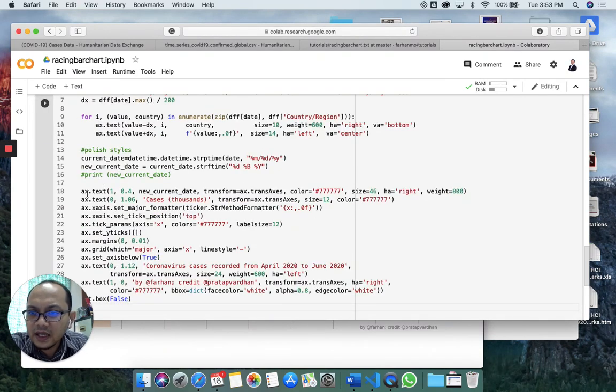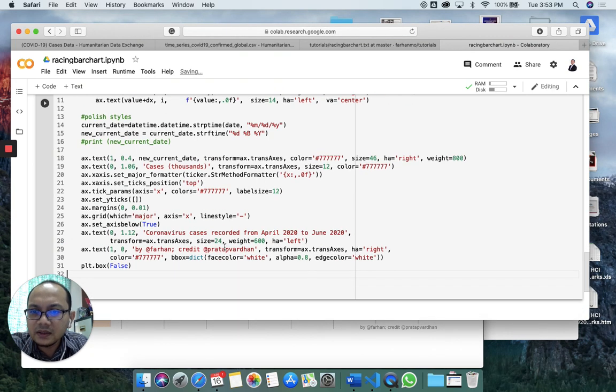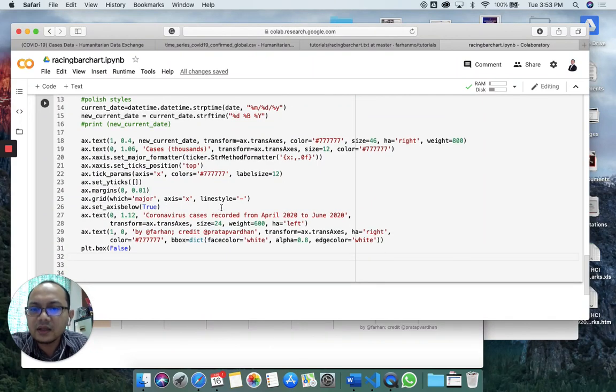Okay, so the first line I just added here, basically you're going to get the new current date and we're going to reiterate it over there, and cases in thousands is the title of this graph, and here are some other functions of the axis. Here I put coronavirus cases recorded from April 2020 to June 2020, but now I want to update it to the last 30 days, for the last 30 days, right? Coronavirus, COVID-19,